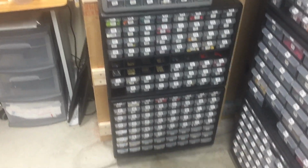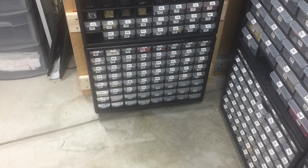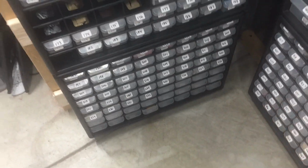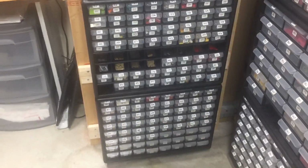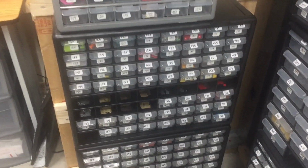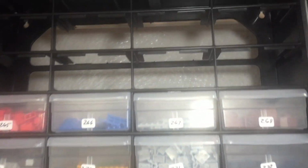Alright, I got the drawers reflowed. Oh, I gotta relabel those. Oh, I just gotta put labels on the drawer handles. I just noticed that as I look down. That's not a big deal. Let's see. Those 12 are still sitting here. They need to be swapped with these 12, and then those put back up there. So everything's